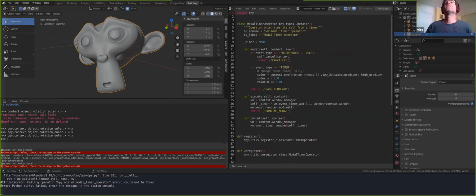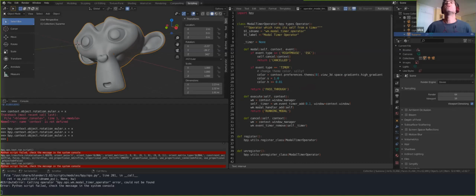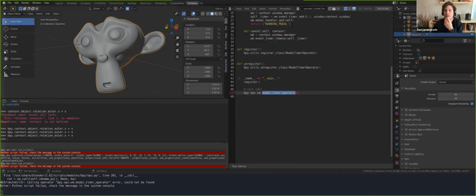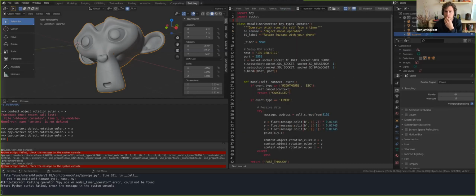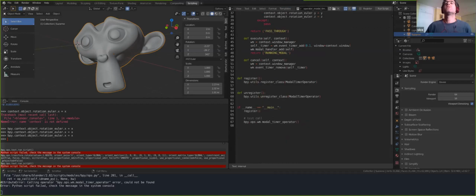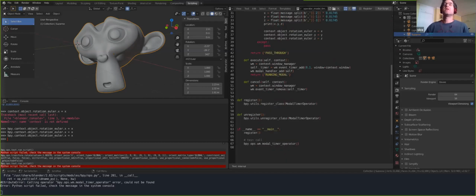Let's check. The first line, bl_idname is wm modal timer. Modal timer, bpy.ops.wm, bl_idname. And if you check the bl_idname, it's the same. Okay. So I have a different name, this object modal operator. Yeah, the thing is, I was playing yesterday with modal operators and timer operators, so it seems like I messed up. So in theory,